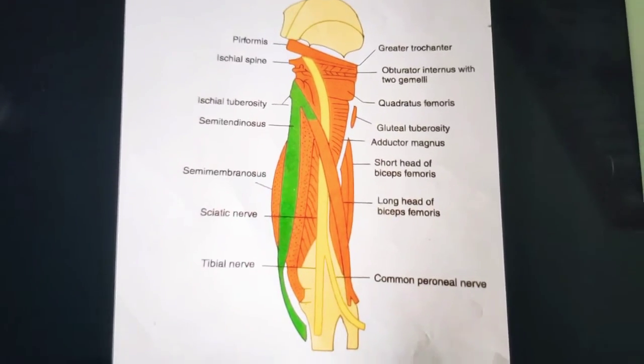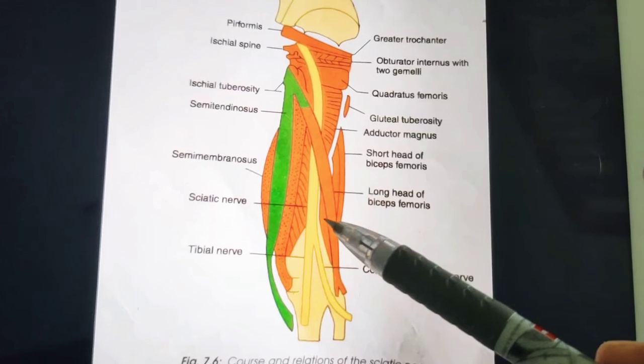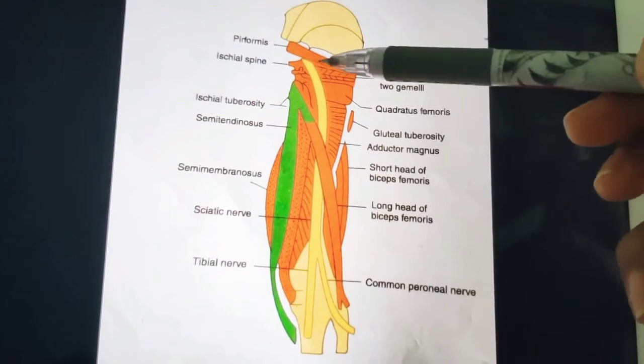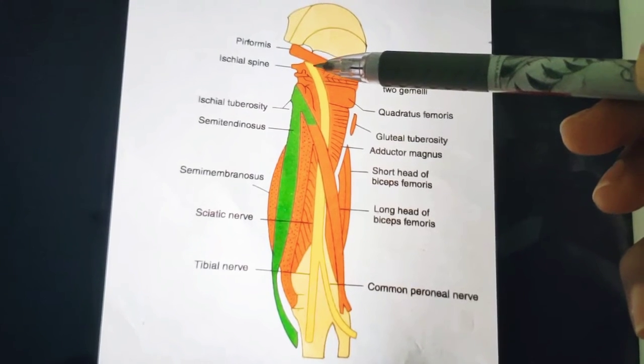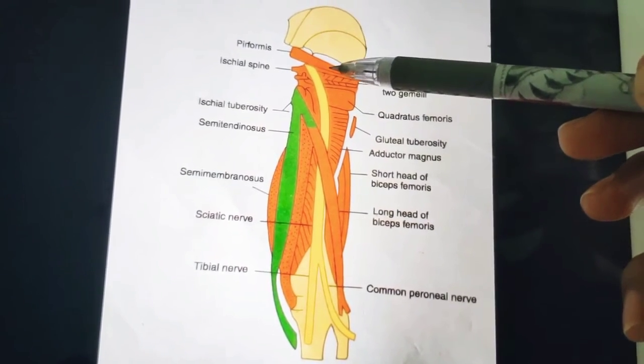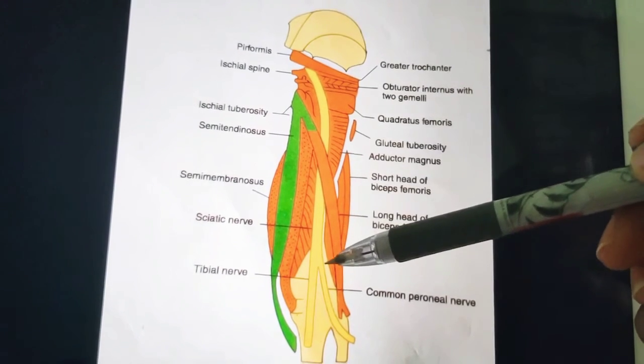So now let us discuss the thickest nerve of our body, that is the sciatic nerve. In its upper part, it forms a band about 2 centimeters wide. It begins mainly in the pelvis, and you can see the cervicopelvic bone. It begins in the pelvis and terminates at the superior angle of the popliteal fossa.